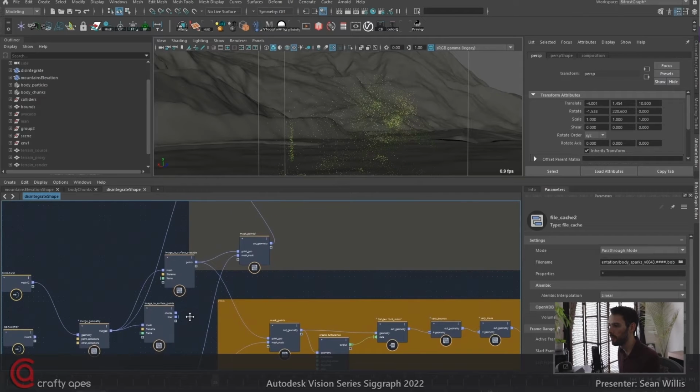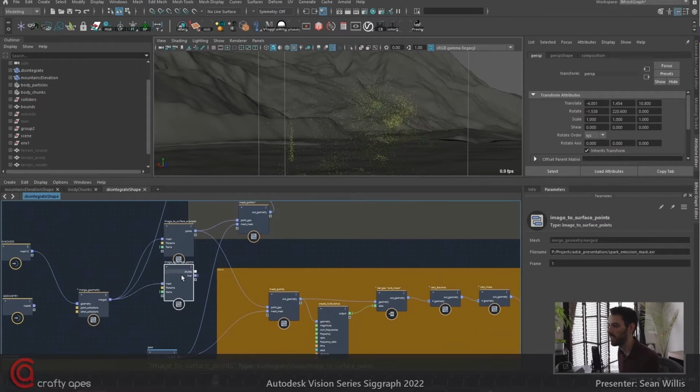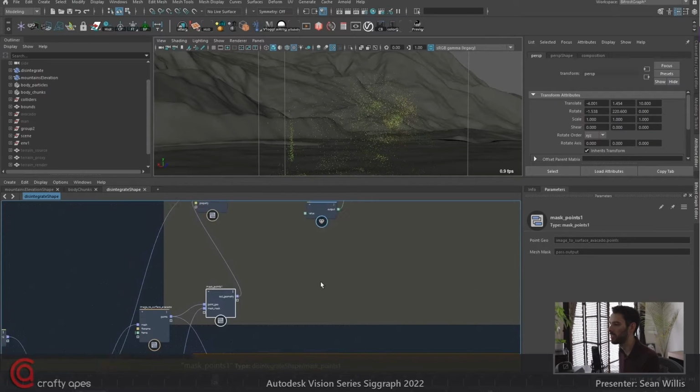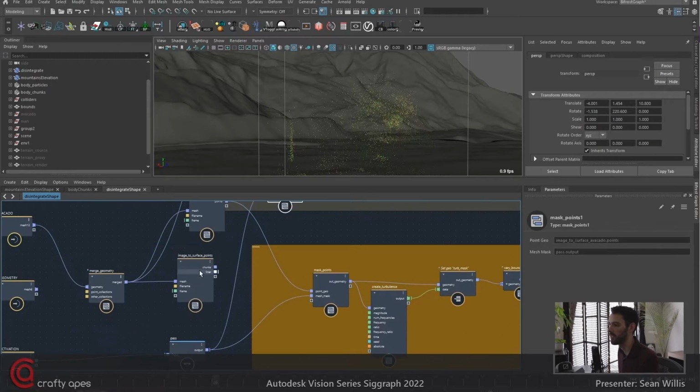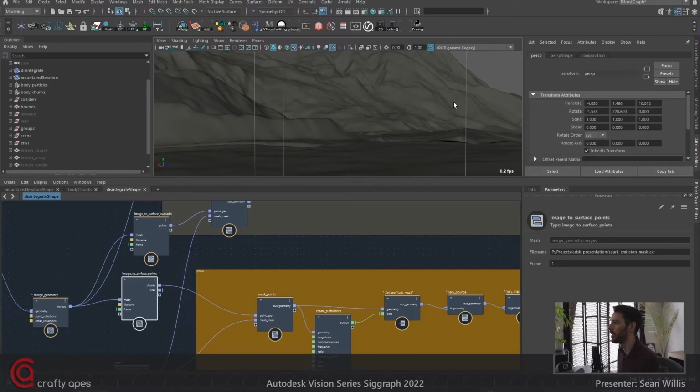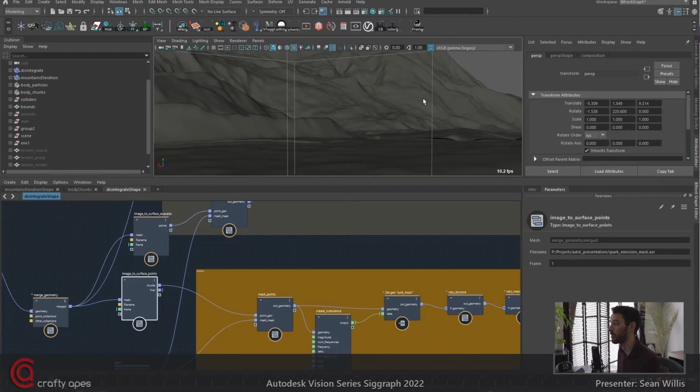So that's pretty cool. I'm actually going to switch this back, and I'm going to reuse this one again because I don't want the sparks to look like avocados. I want them to look like sparks. So for this one, the mask points, this is going into the chunks, and this original one, which is our spark emission mask, I'm going to put that back into the geo and show you what that looks like in combination with the sparks so that you can visualize what's spark, what's not.